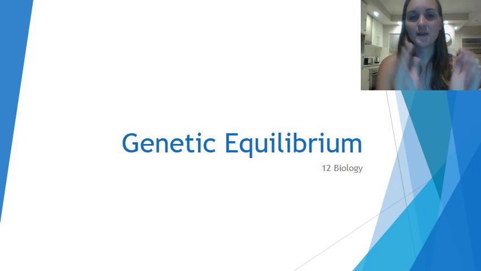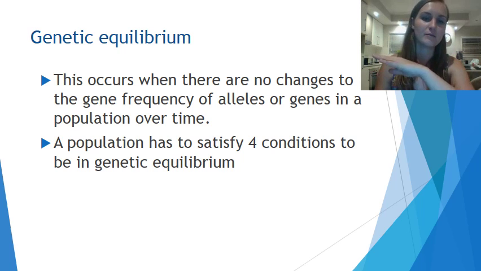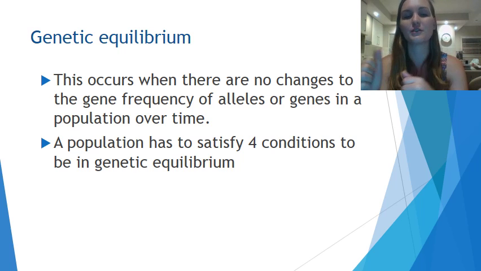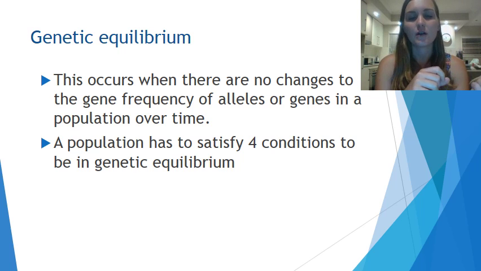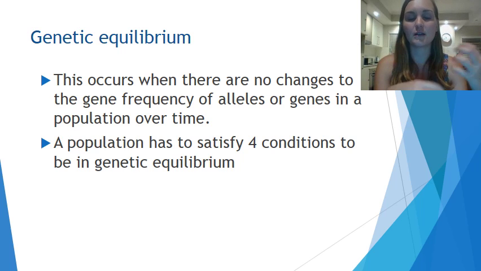Okay, so the topic of this flipped learning session is genetic equilibrium. How exciting. Okay, so basically what this means is exactly like it sounds: equilibrium meaning stable, and genetics, obviously genes. So it means that there are no changes to the gene frequency of alleles or genes in a population over time. Okay, so obviously we remember that alleles are variants of a gene or variants of a particular characteristic or genotype,